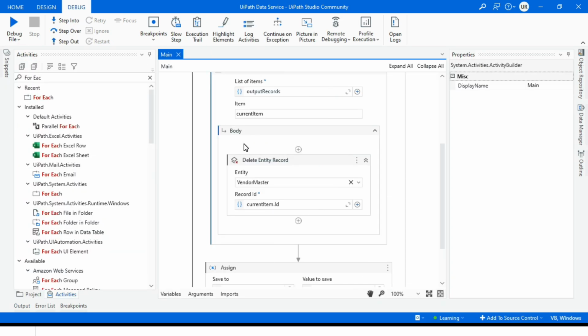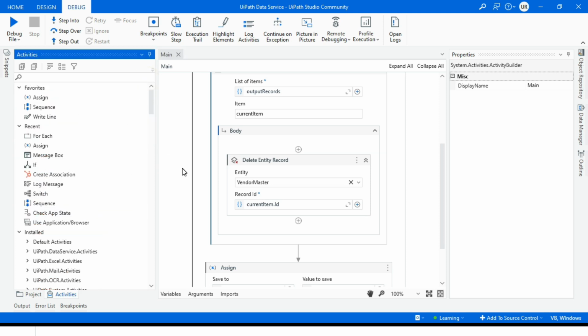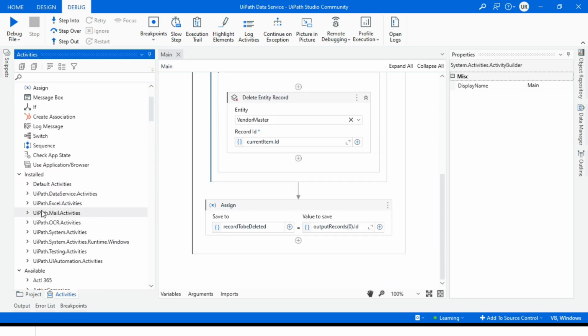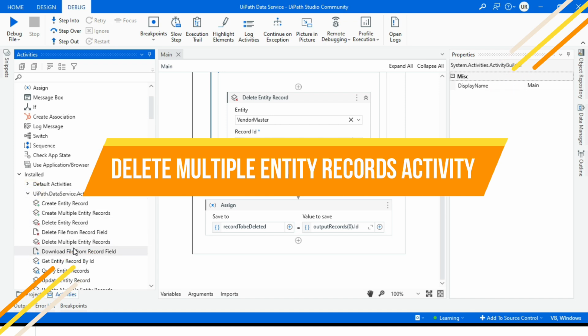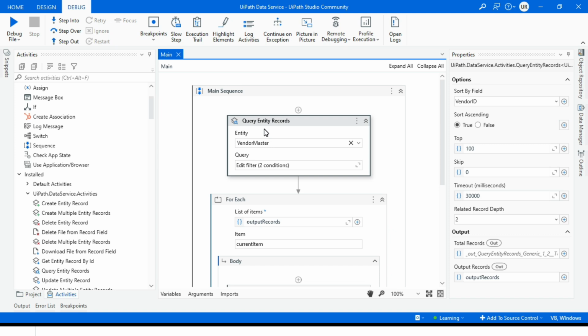Now I'm going to show you the second activity to delete multiple records. What is that? That is delete multiple entity records. If we need to delete multiple records, or any records, then we need to first query the entity records. We have to get the records from the entity. So we'll be using this, right? Now in the query,